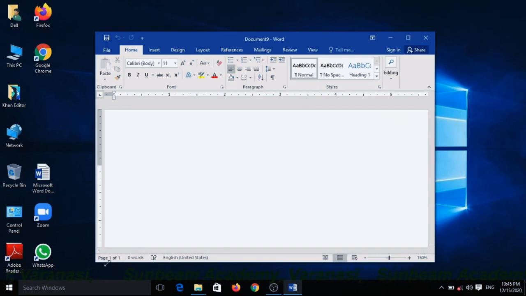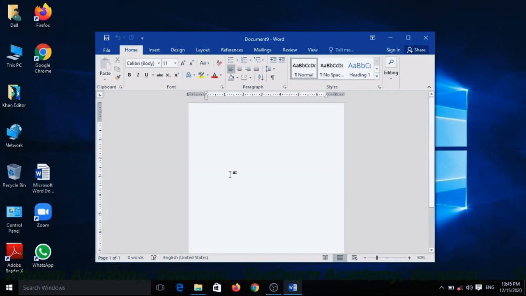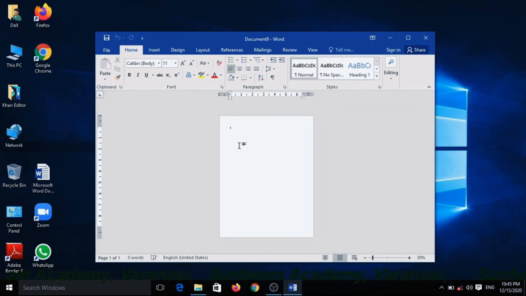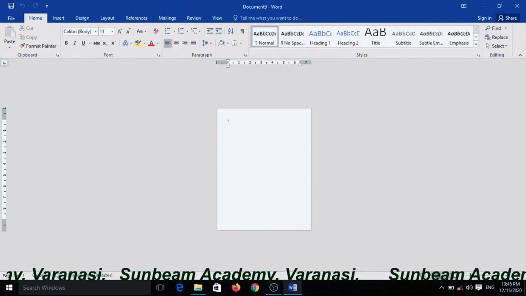And below, this is the status bar. It is the status bar. See, it is a blank area which you can see easily. It is the document area. This white page is the document area. If I maximize it, you can see easily.